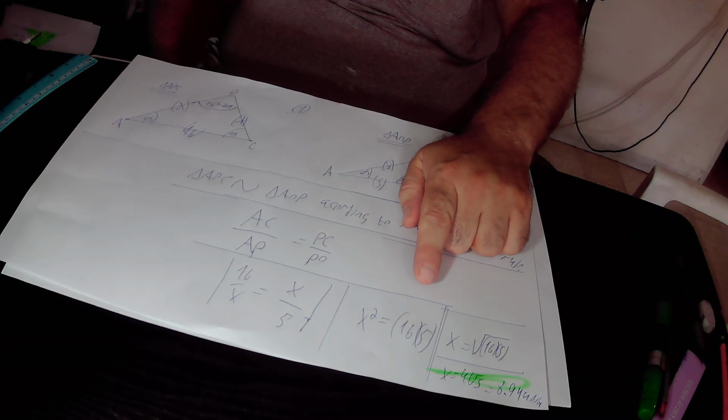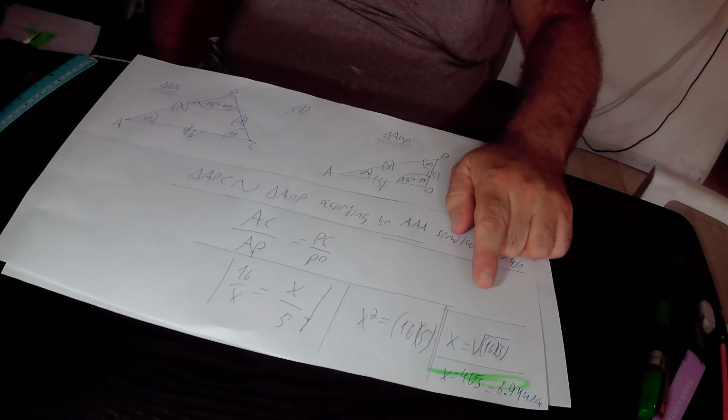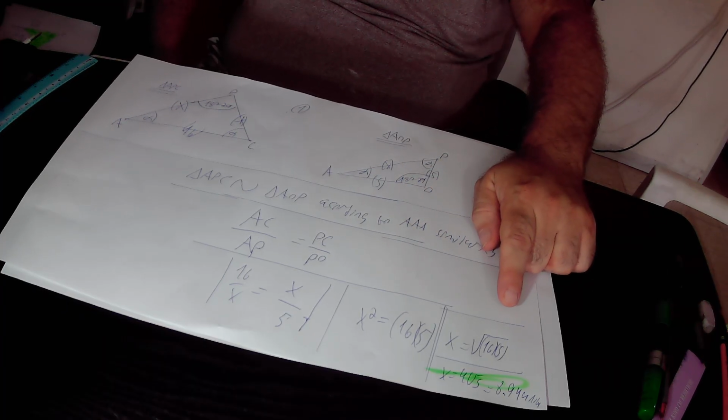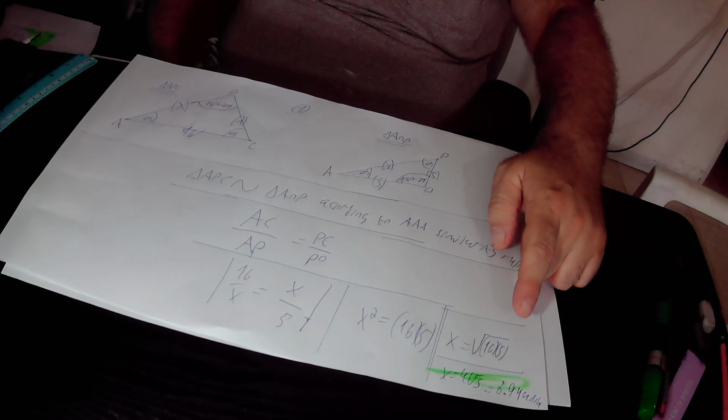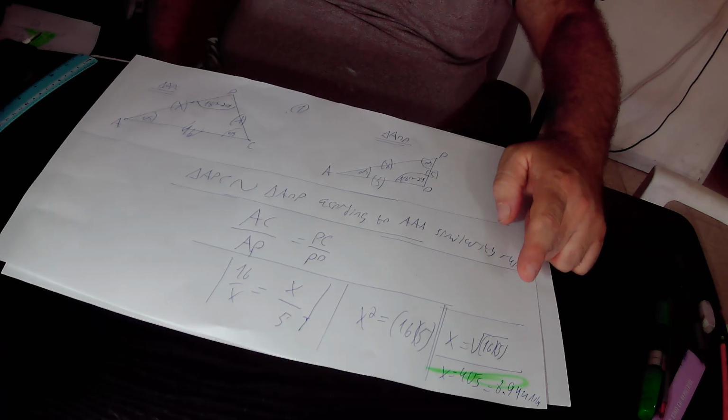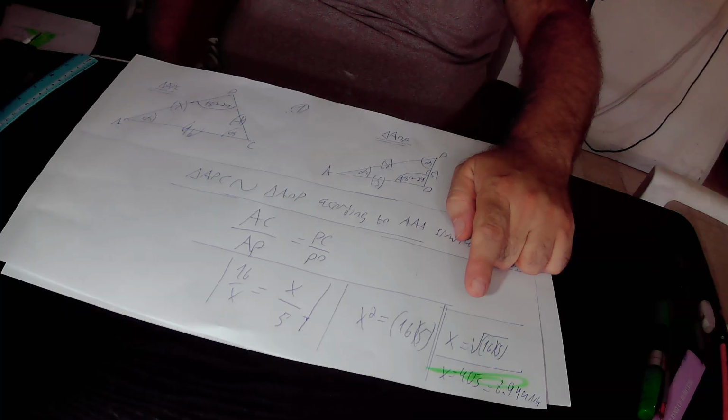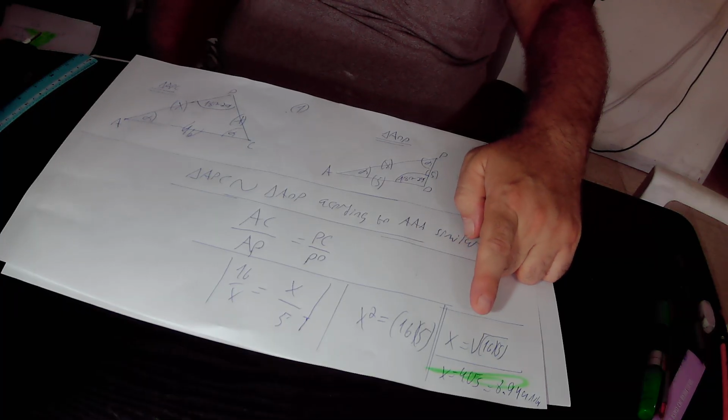Here we took the square root out of this equation and finally found that x equals the square root of 16 times 5. The square root of 16 is 4, so inside the root we are left with only 5. So in total we found that AP equals x, which equals 4 times the square root of 5, and 4 times the square root of 5